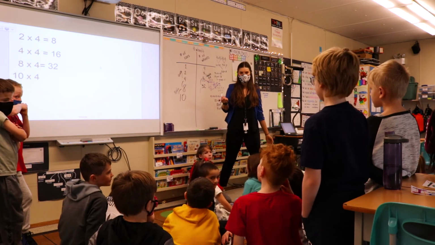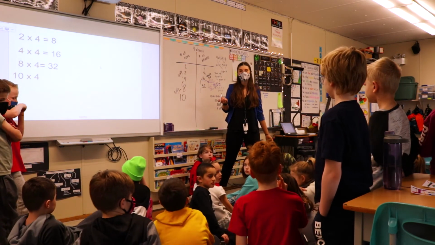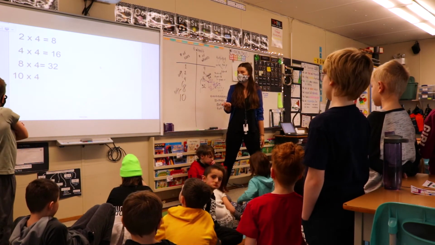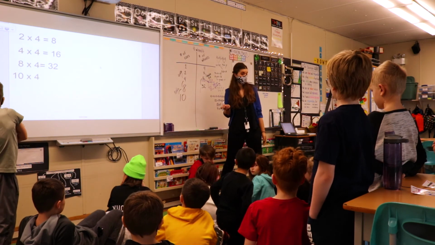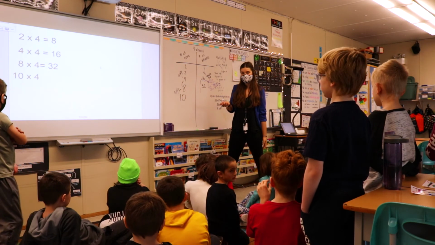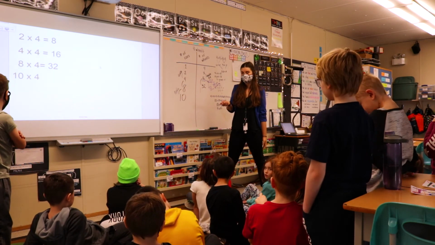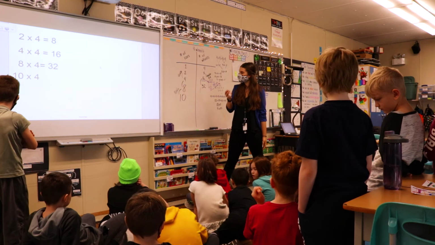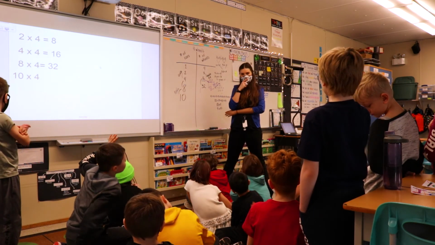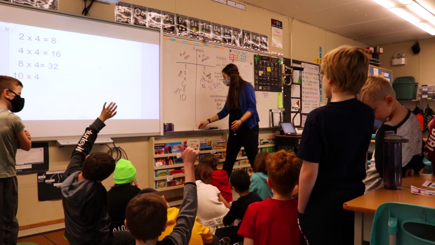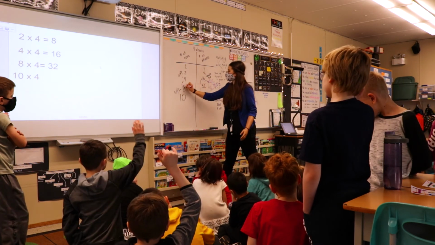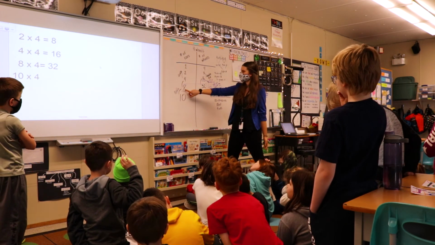I'm like, hey, each car has 4 wheels, and 10 is 2 more away from 8, so I'm just adding 2 more of the cars, so that would be 8 more cars, so 8 more wheels. 2 more cars and 8 more wheels. And then we'll get 40. Okay, so Axel, you said, well, I know 8 cars is 32, and you know that if I add 2 more cars to 8,